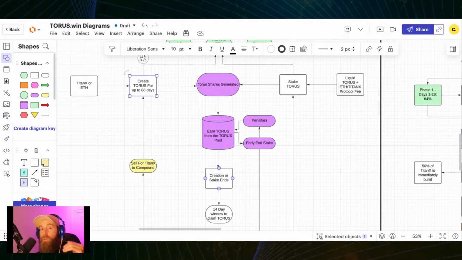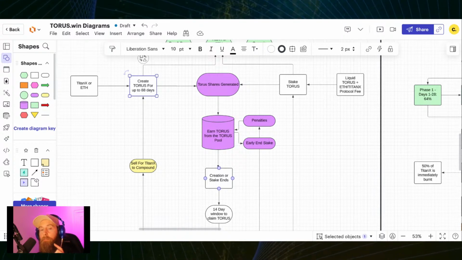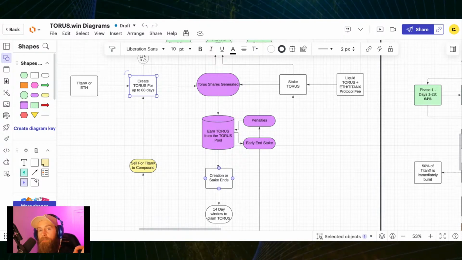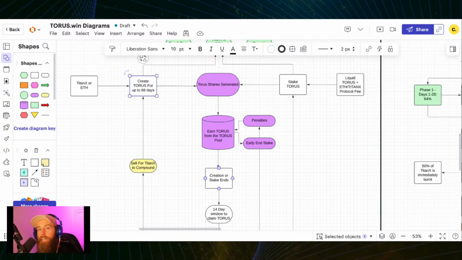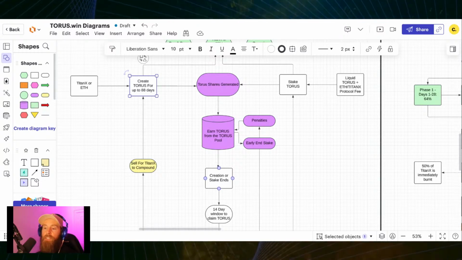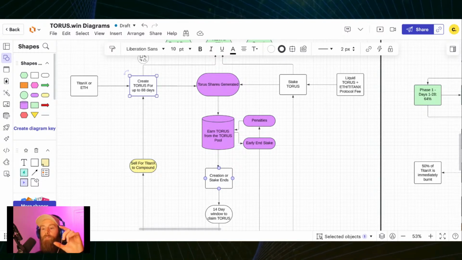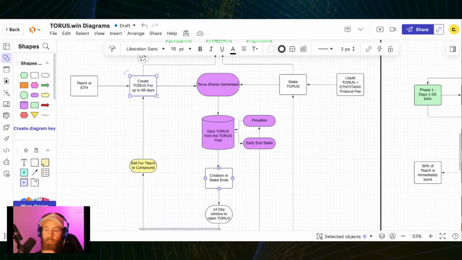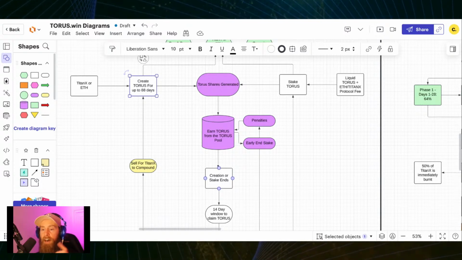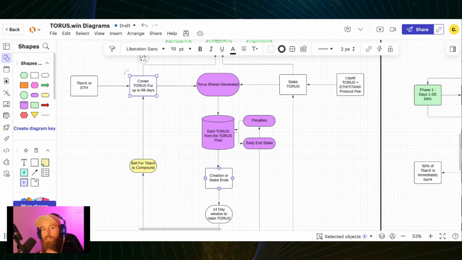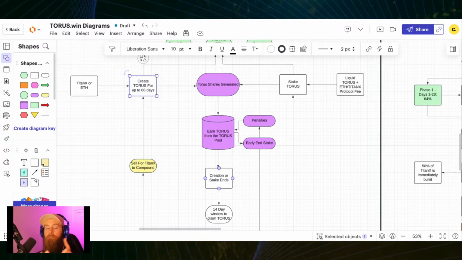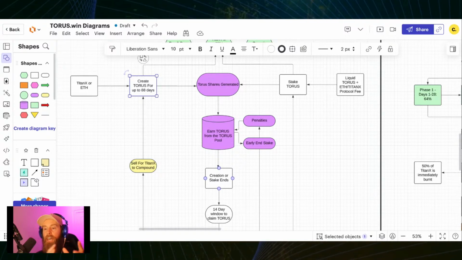And now you have people potentially buying on the market to get into staking, to protections. So this means that TORUS will, if it works like it's designed, have a buy and burn buying up the price of TORUS, a buy and build buying up the price of TORUS, and mitigated sell pressure because of the dynamic that will switch over